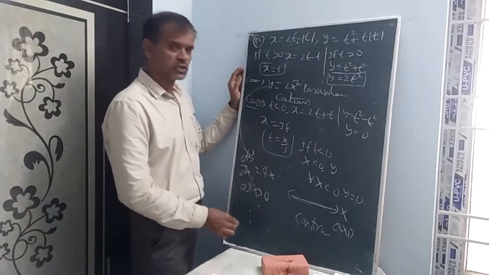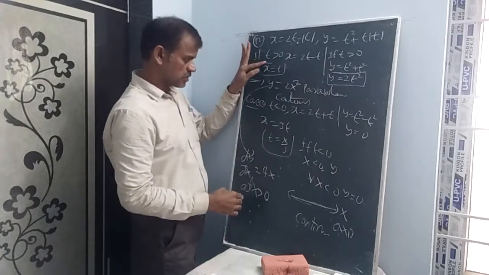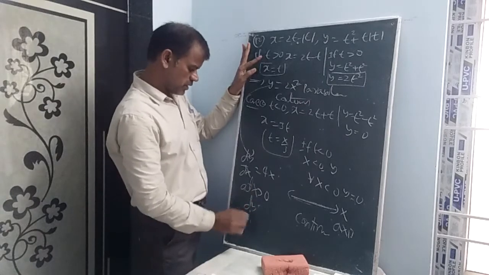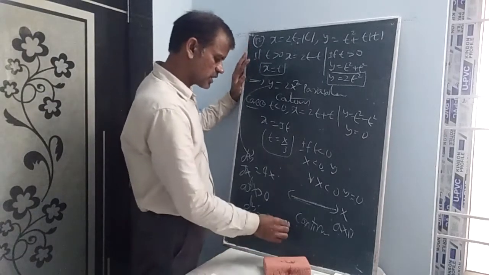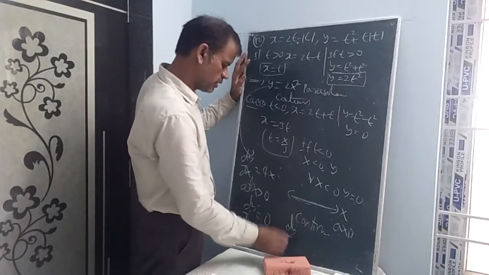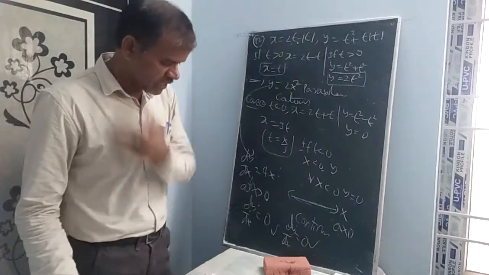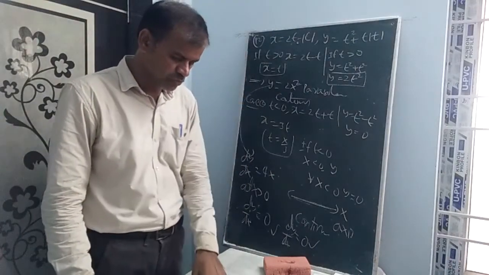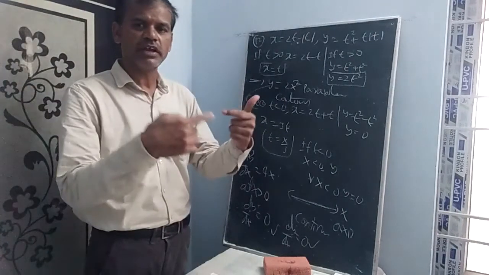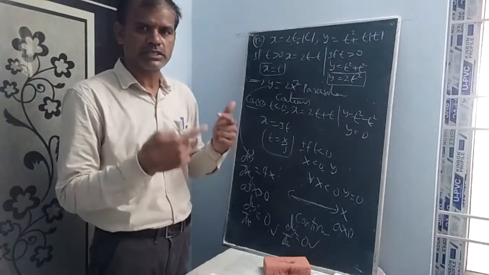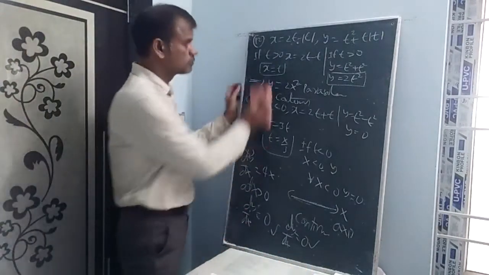At x greater than 0, I mean 0 plus, dy by dx is equal to 0. At 0 minus, y is equal to 0, and the derivative of a constant is always 0. So it is differentiable and continuous both. At 0 it should be given, but according to the first option, continuous and differentiable in minus 1, 1. The value 0 exists between minus 1, 1. So the 12th question is the first option.